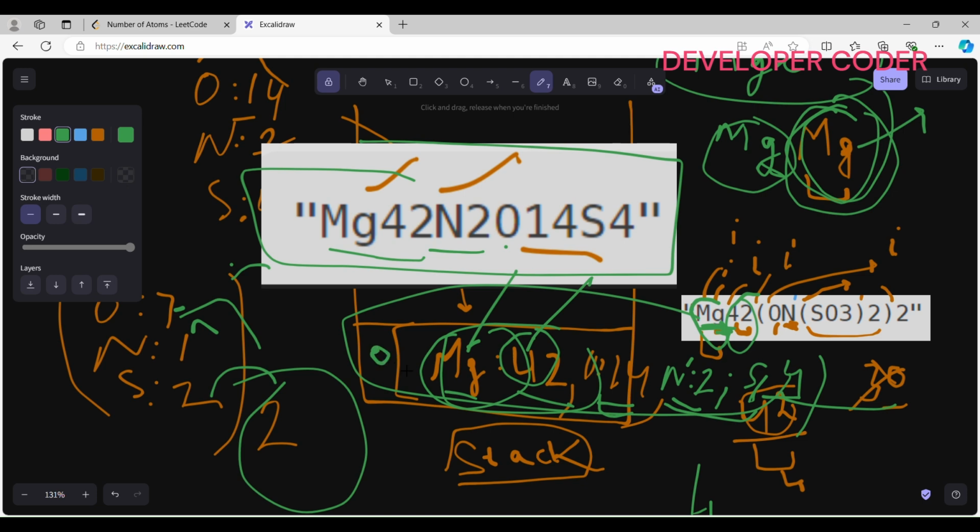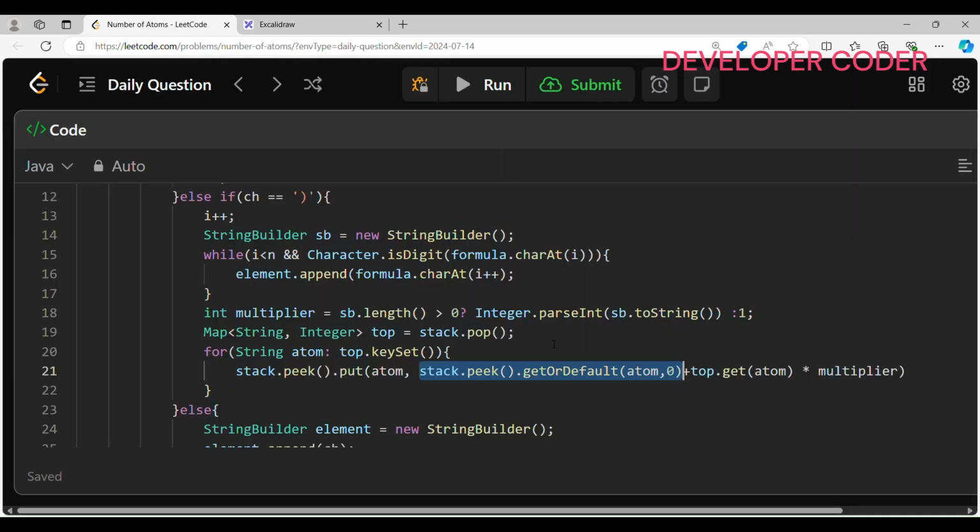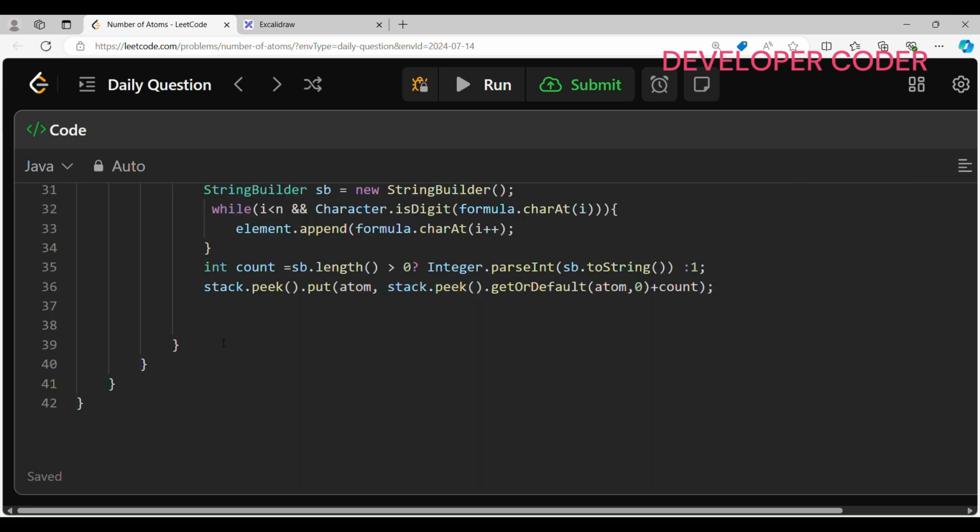If O is already there, let's say O is already there, then I'm going to just add this 14 to this one, okay. That is why this complete part 14 plus 1, okay. That is why I'm writing, okay. So I hope that this line is clear, okay. That's it. Now only one thing is pending,